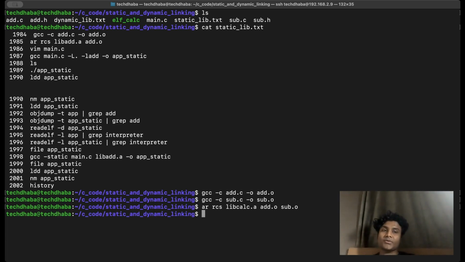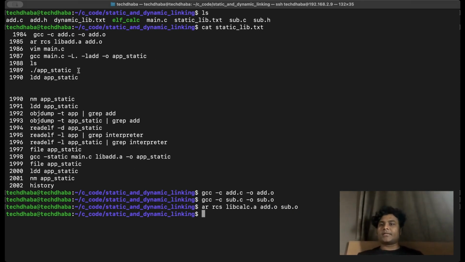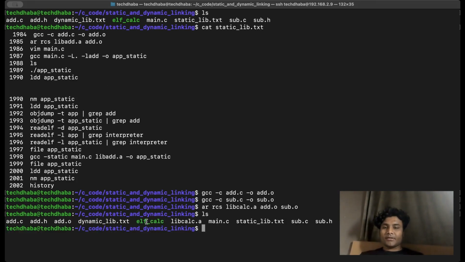So now, if you understood, I can have more than one object file here. It can be 2, 3, 4, 5, 6 as per your requirement. You can create as many as you want. Great. Now next step, since I'm able to create one archive, which is my static link